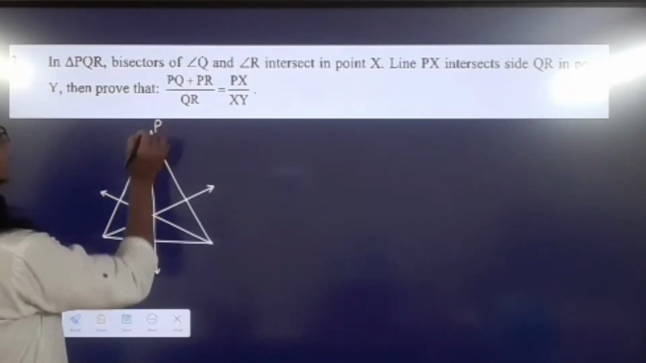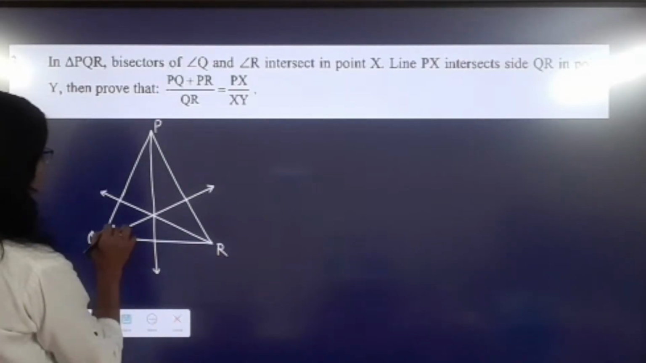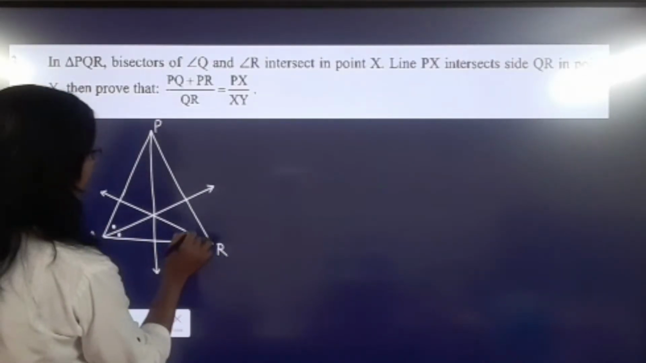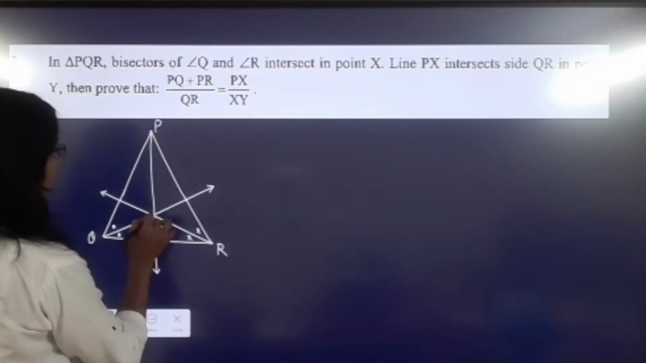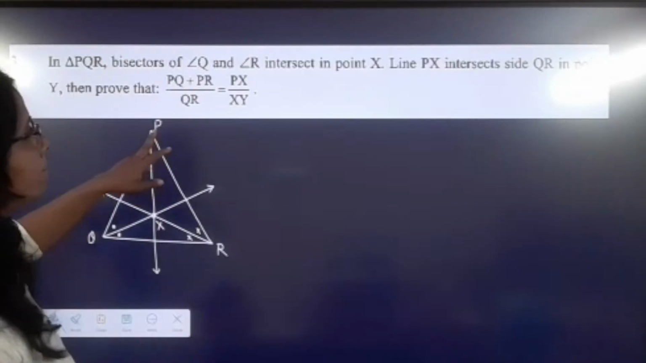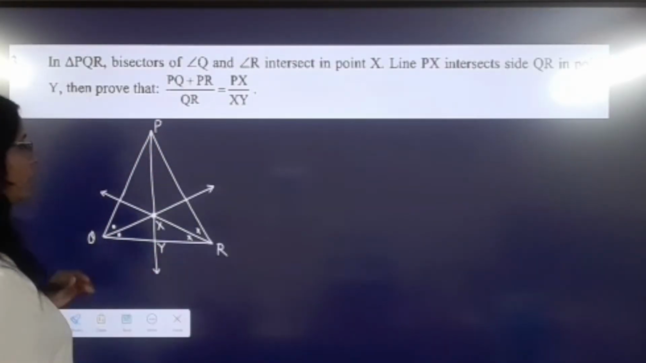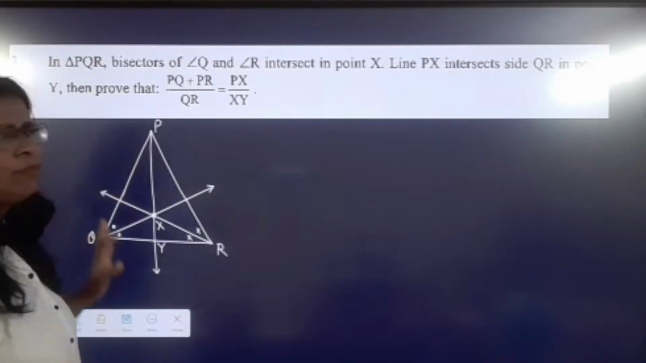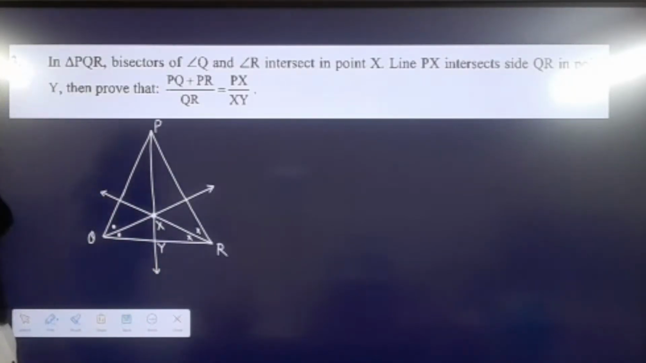So now I write the PQR. This is the angle bisector. Then here the angle bisectors intersect at X. And here is the point Y. Okay. So this is the figure as per the given information, students. Then here students, then here